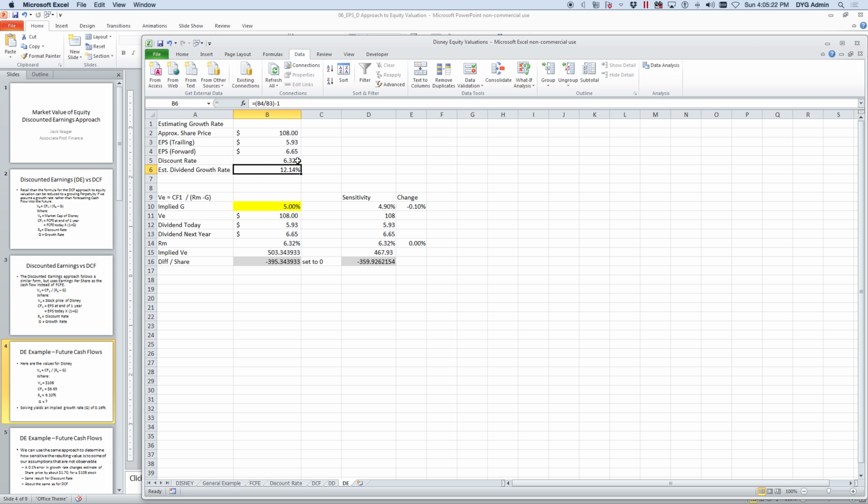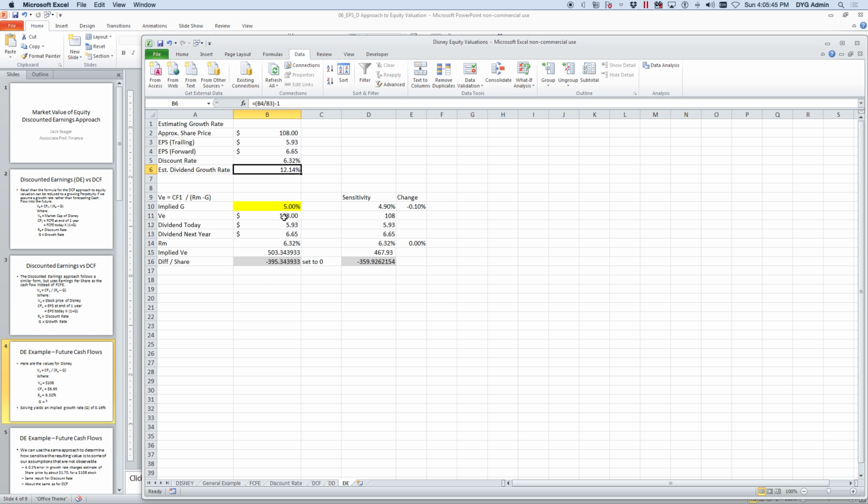All those things look right. Again, this is just taking this divided by this minus 1. So it implies that the earnings for next year are going to grow at about 12%. We don't want to use that 12% here because that's only a 1-year growth rate. We want to figure out what's implied by